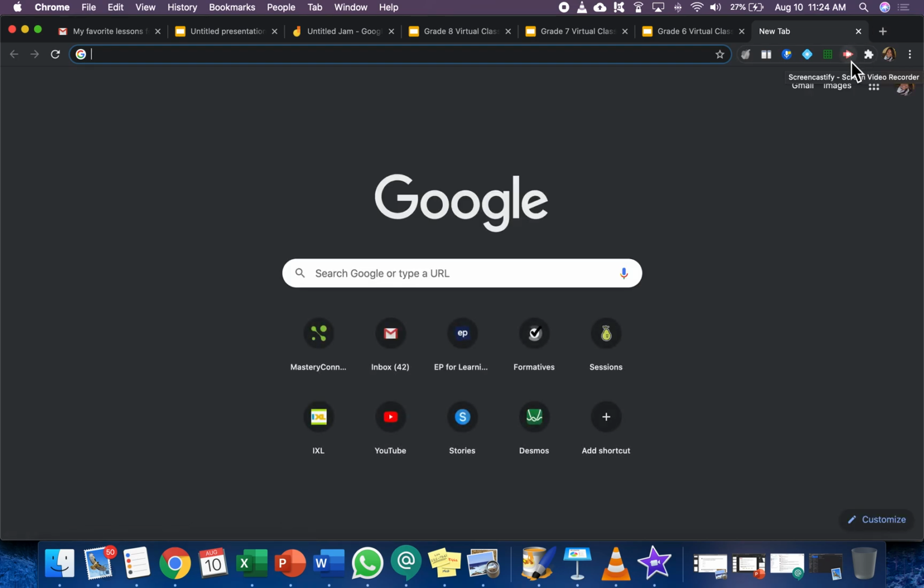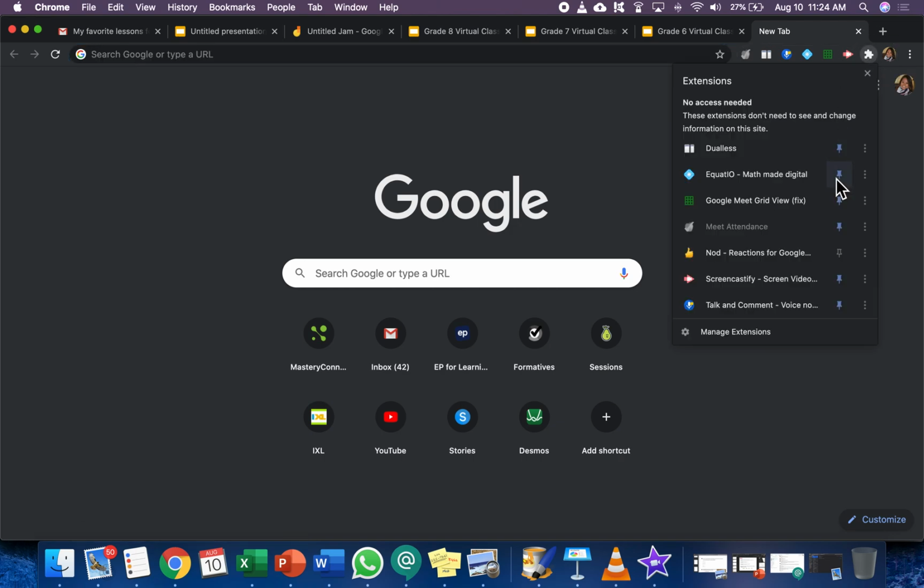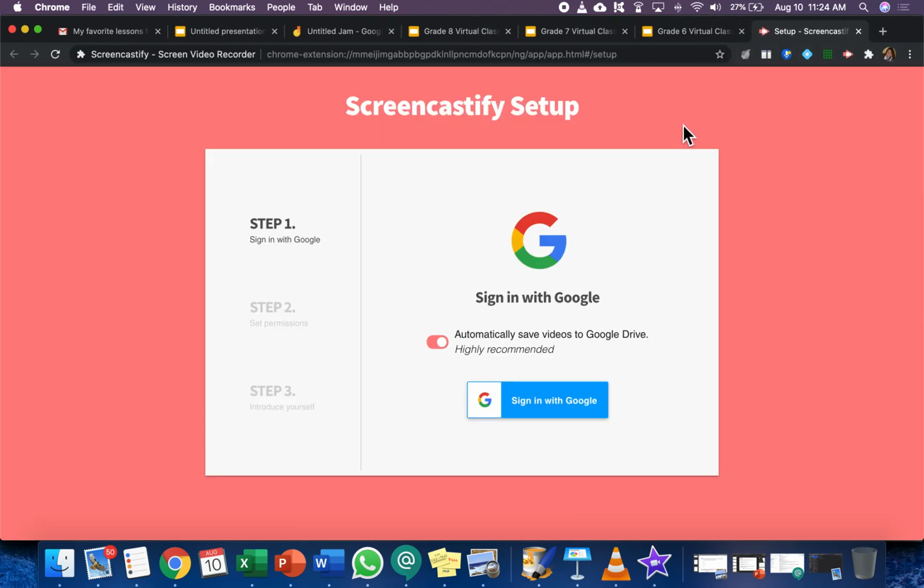So if we see here, this is the symbol for Screencastify, and it is in my extension bar. Another quick trick is that this little puzzle piece pins and unpins different extensions that you have so that they can show up or not show up in your menu here. So I'm going to click on Screencastify, and this is actually the first time I've used it, so I have to set it up. So I'm going to have to sign in with Google,